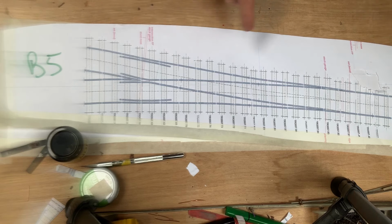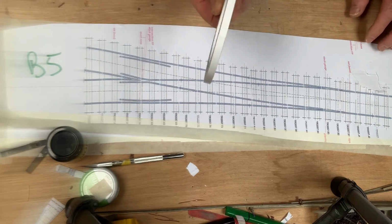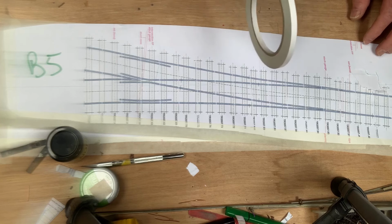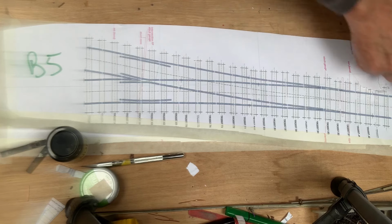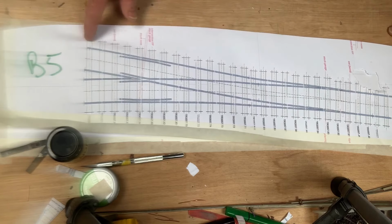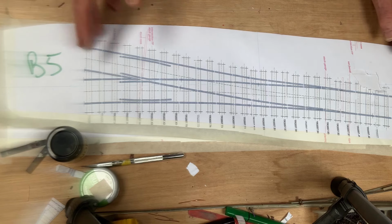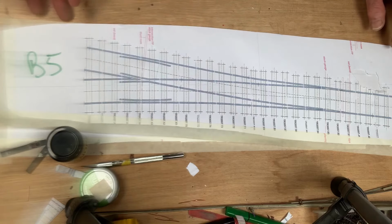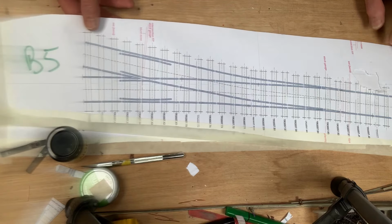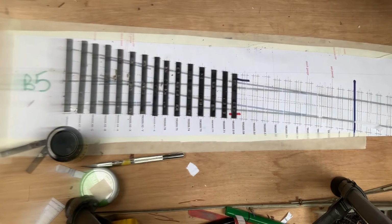What we need to do is get some double-sided tape, which you can get from eBay. It's only about 6mm, something like that, and stick lengths over where the actual rails would go. It is clear tape, and that's basically how you progress, and you put some sleepers on it. So in the best Blue Peter style, here's one I prepared earlier,